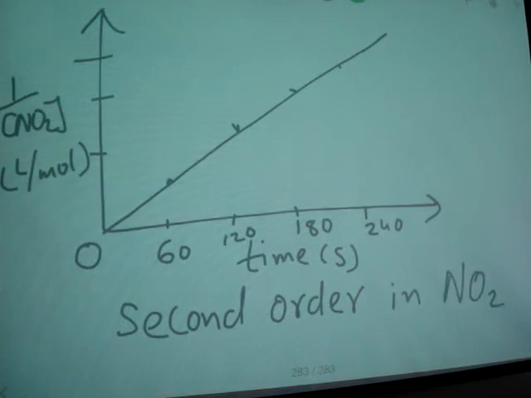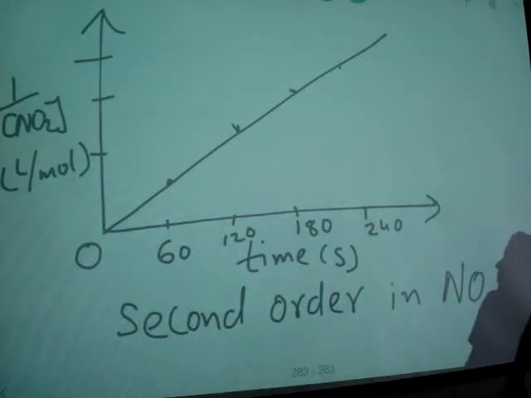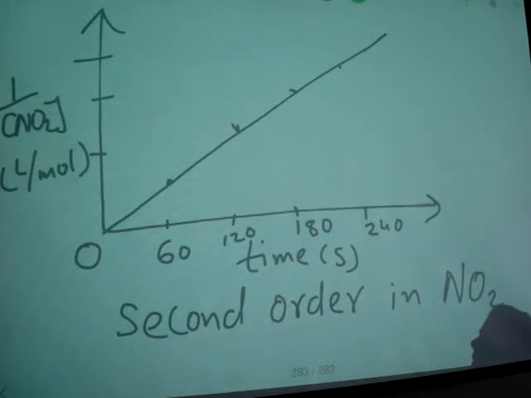So that way you can determine the order of the reaction by looking at the graph and how it originates from 0 and gives a straight line when you plot 1 over concentration of NO2 versus time. And that way you can find